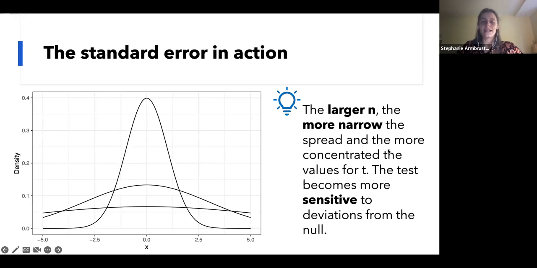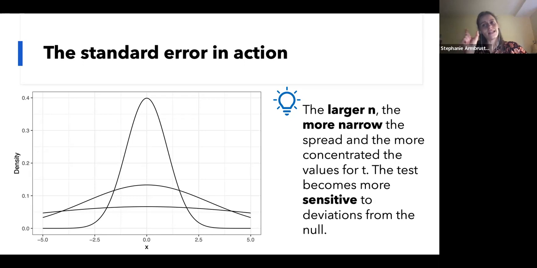Yeah, so as I said, the larger n, the more narrow the spread, and you can see this really nicely in this graph. The really high peaked ones have the largest n, and hence the curve just shrinks together, because we become more concentrated on certain values. And with regards to our t-test, it just means that the larger our sample size, the more certain we can be